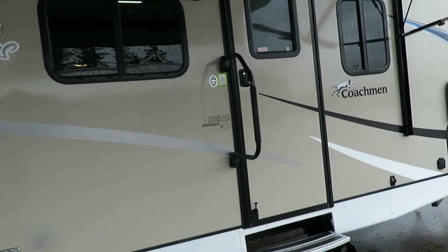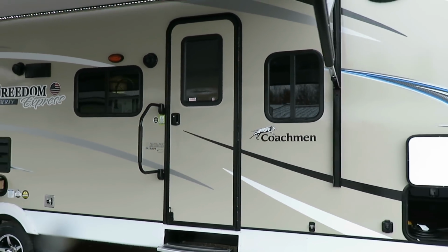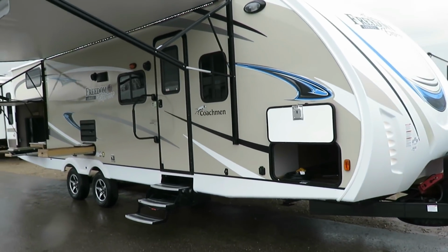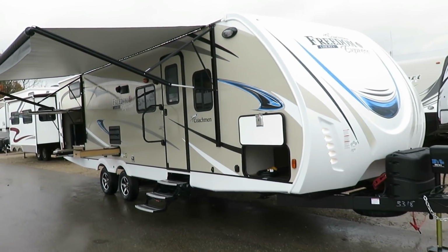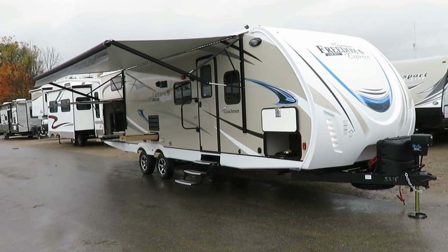I call it the rolling beach house, the Malibu Ken Beach House edition Freedom Express. Compared to what they've done in the past, it is very light, it's very fun, it's airy, it's modern, and it's something that has already taken off very well. It's proven very popular, and it's one of the reasons I like representing Freedom Expresses here